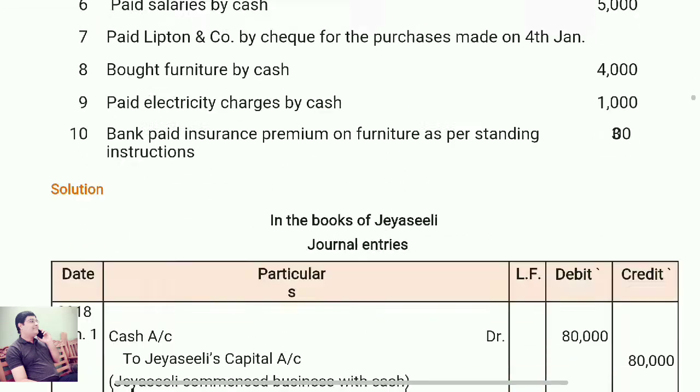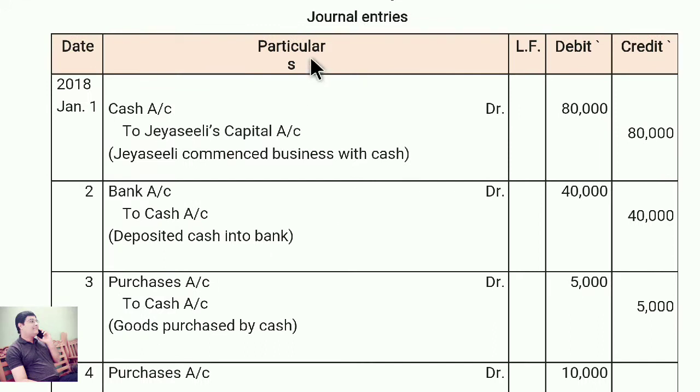When you see the answer below, in a journal entry, in the date column you have to write the date, then particulars, LF, debit rupees, credit rupees. Below that you have to write rupees. 2018 January 1. Opposite of this you have to write cash account DR. DR means debit. Next line, to JC Lee capital account 80,000. In bracket you can write the question as it is. Then second